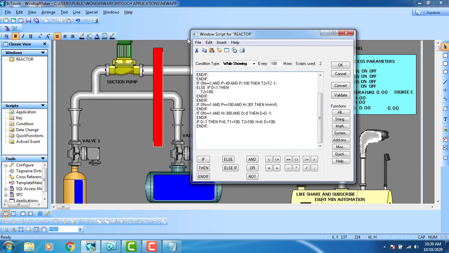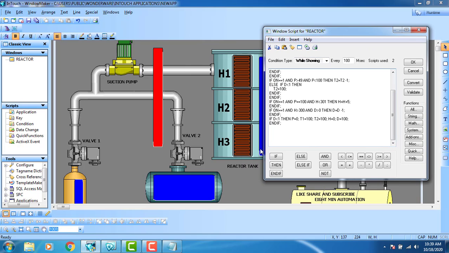D less than 1 means the drainage process is complete. Then P equal to 0. P is the incrementing tank, the blue tank, and T1 equal to T2 equal to 100. Two tanks will be filled up to the top level, and the temperature turns to 0, and the drainage D,